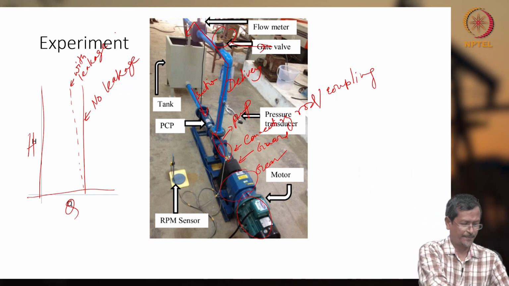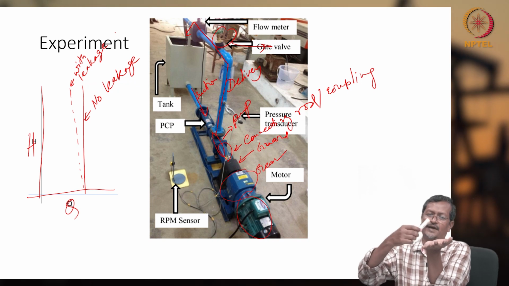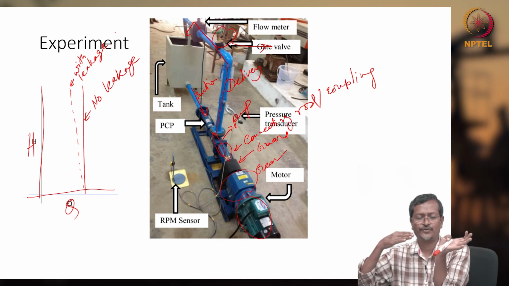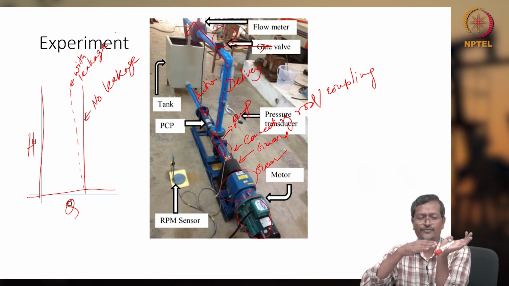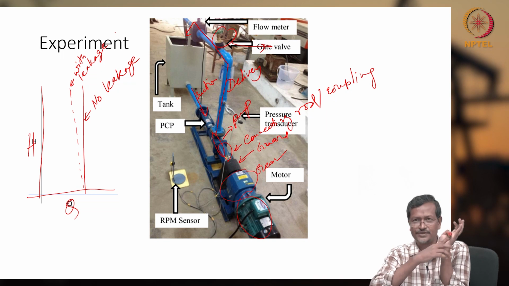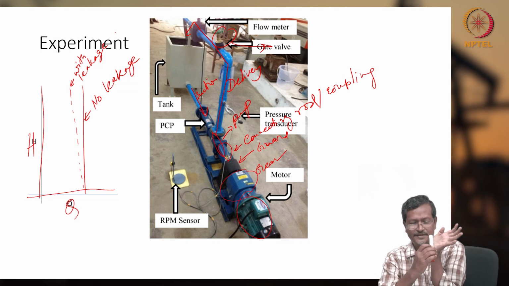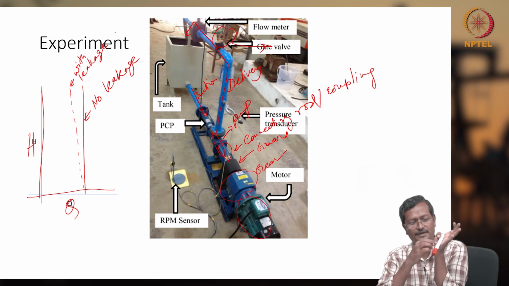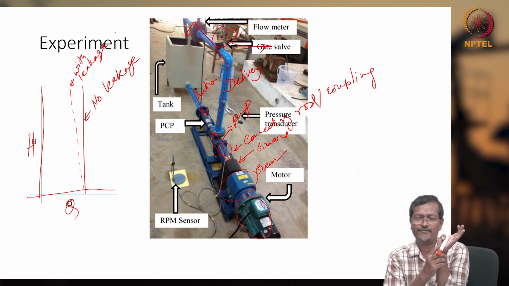When it is a little bit depressed, what is happening? This is my rotor and this is the elastomer. It will be depressed, with high pressure on one side and low pressure on the other. When the high pressure fluid touches this, it will not be able to pass through this gap. There is no gap actually, because this is already depressed, this is a softer material. So the fluid is trying to pass, but it will not be able to cross. Ideally it will have zero leakage, but if I have very high pressure,